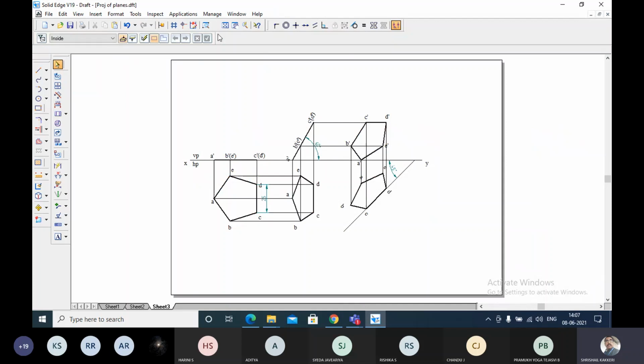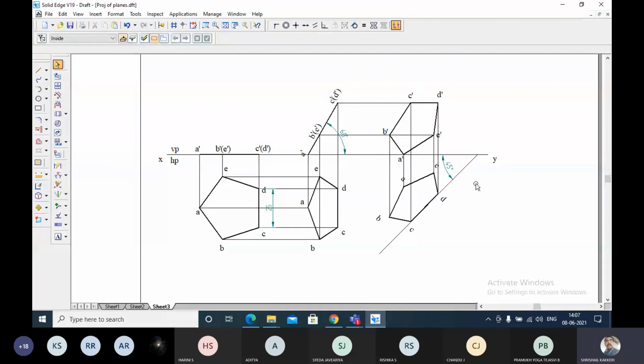Whatever we are writing initially, please understand: the HP, VP, I'm writing the XY line and I'm writing the sides. What is the inclination it makes with respect to the horizontal plane, I'm writing. What is the angle it makes with respect to the vertical plane, I'm writing. These 1, 2, 3, these will be carrying marks, and along with this HP, VP, it will carry 2 marks in the examination. So kindly do not neglect writing it, and if you want you can move this like this also. Okay, so this is how we can do this problem.